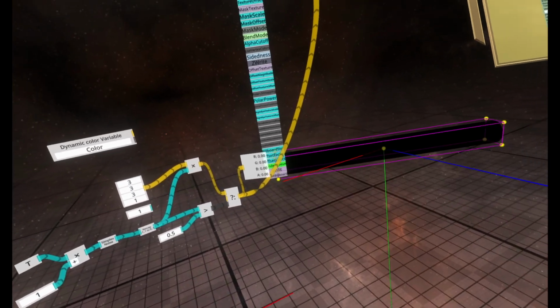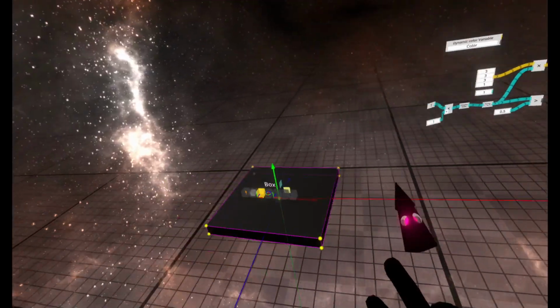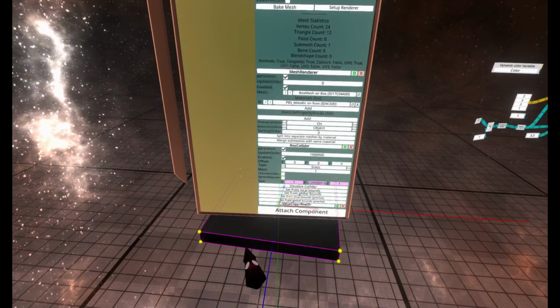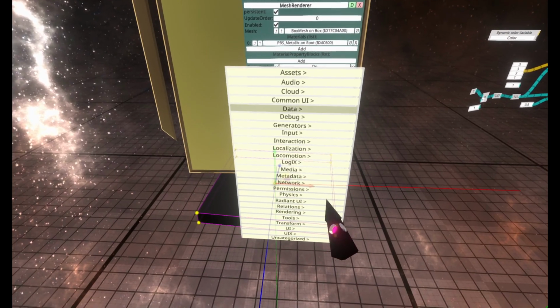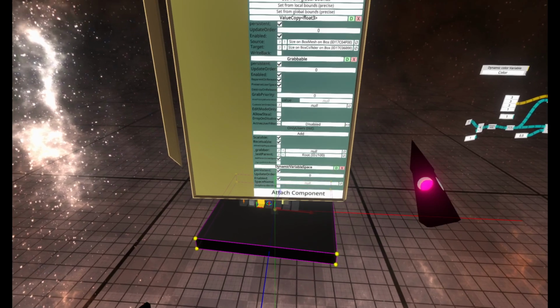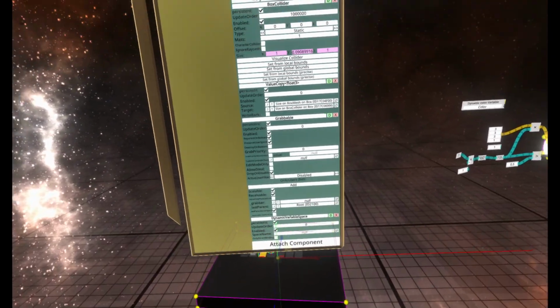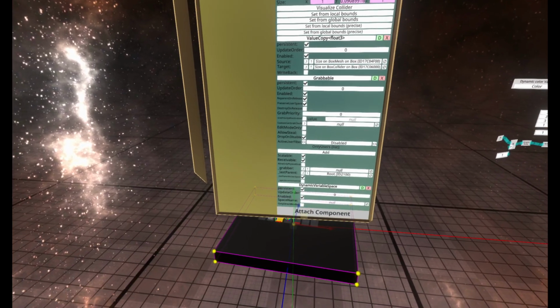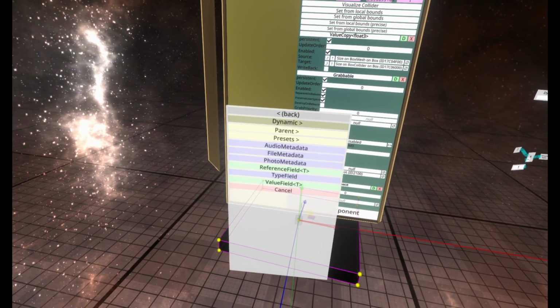So I want to set that up so that you've got a room that could be full of them. So we're just going to call this box our room. I know it doesn't have walls, but we'll call it a room. So inside our room, we're going to go ahead and create a dynamic variable space. That way we've got the same space that we can use for all of the lamps there. And so what I'm going to do here is I'm now going to go ahead and add a